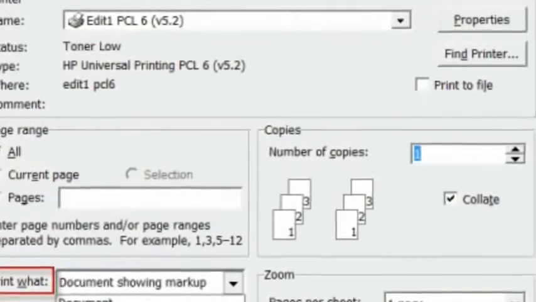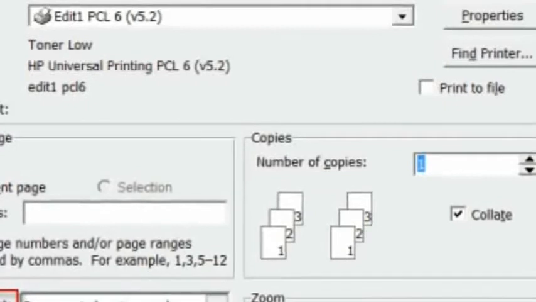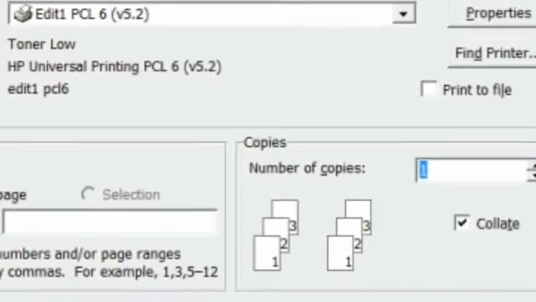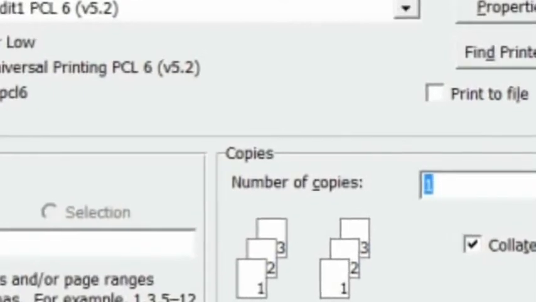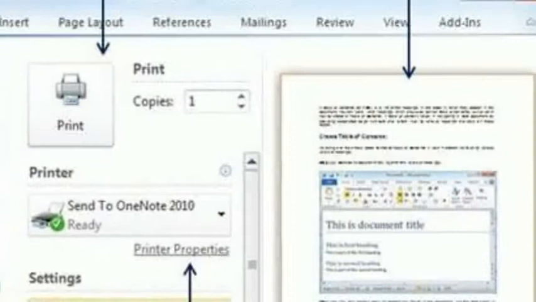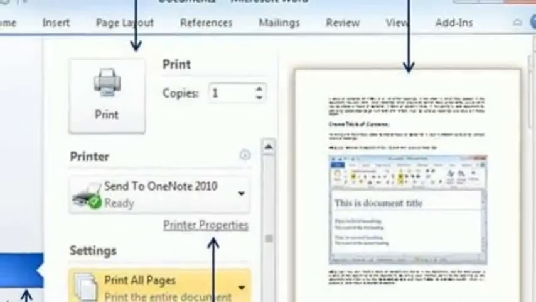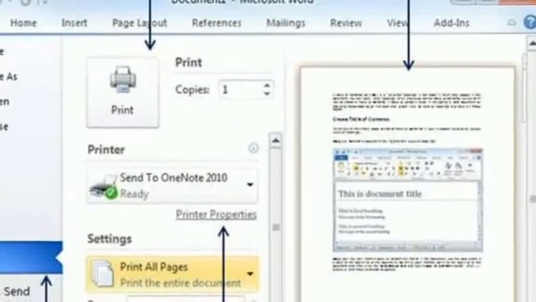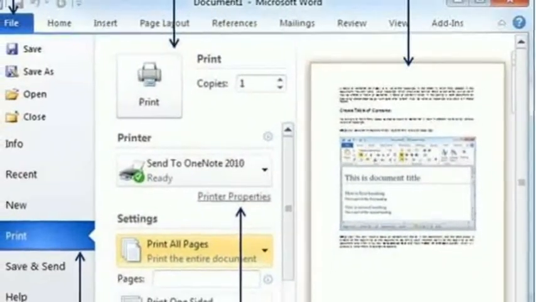To take a printout, click the File tab, then the Backstage view appears. Simply click Print, so the Print page appears. It displays a preview of the document on the right side and provides options for printing the document on the left side.